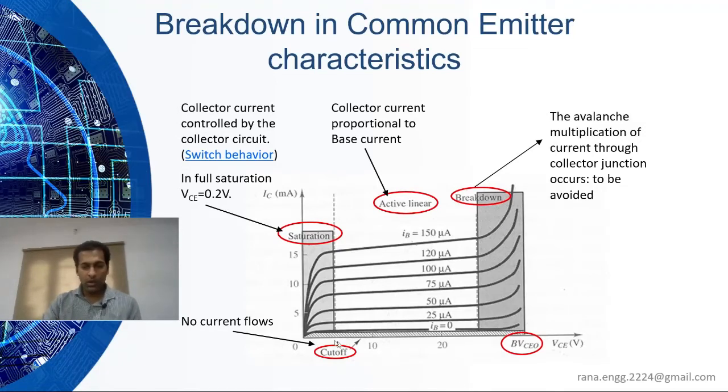On the horizontal axis, we increase the voltage, say 10, 20, 30, 40 and so on. But at a particular limit, if we exceed the voltage, there will be avalanche. About the avalanche concept we have discussed in the diodes. There were two kinds of breakdowns in a diode. One was avalanche, another one was Zener. It occurs due to the multiplication of the electrons.